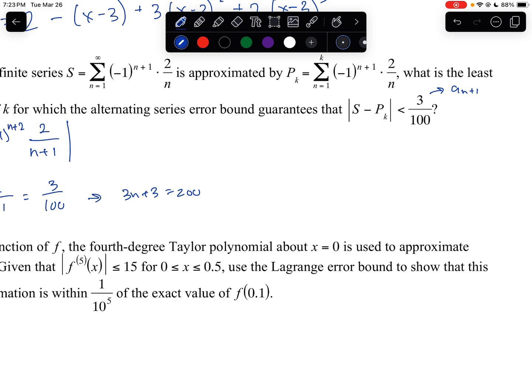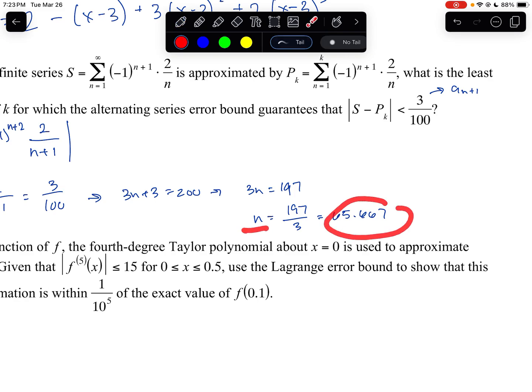I can subtract 3. So I get 3n is going to be equal to 197. I can divide by 3, and I'll get n is equal to 197 divided by 3, which is equal to 65.667. So this right here is n or k, however you want to look at it, is referring to what